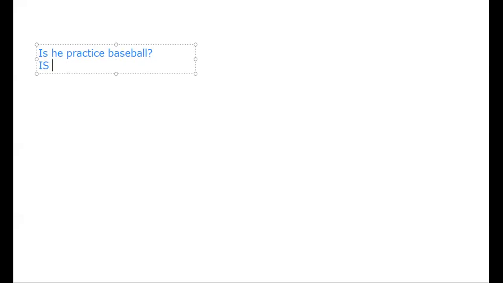First, you have the verb to be, and you have practice. You cannot have two main verbs. You cannot have two principal verbs in a sentence. That is impossible. Okay. So in the sentence, I mean the question is